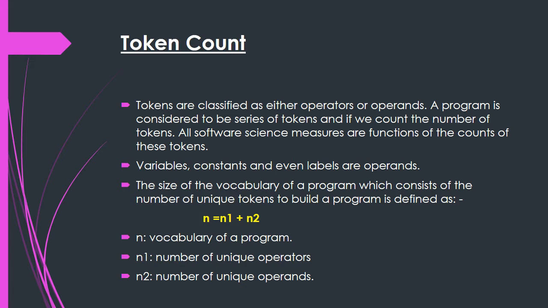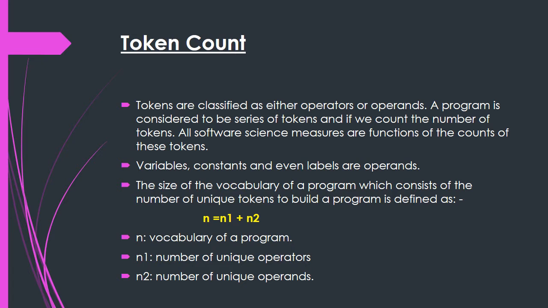That means whenever we talk about a source program, a single program written in any computer language like C or C++, all the operators used inside that source program and all the operands used, for example variables like a, b, operators like plus, minus, multiplication, division, and even constants or labels, are all considered tokens that we use inside a source program. So in short, a computer program which we write in any programming language is a collection of tokens, and these tokens can either be operators or operands.